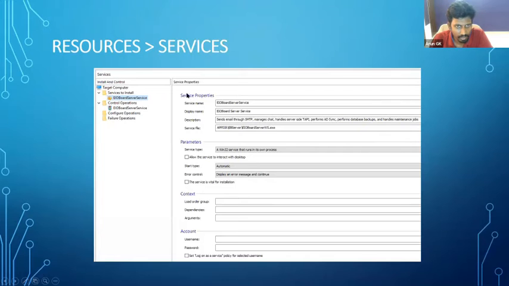You can also mention other properties like service name and display name. You can see the display name in services.msc, the list of Windows services. And start type, there are different types, I think. Automatic, manual, automatic delayed, I think. Three types.